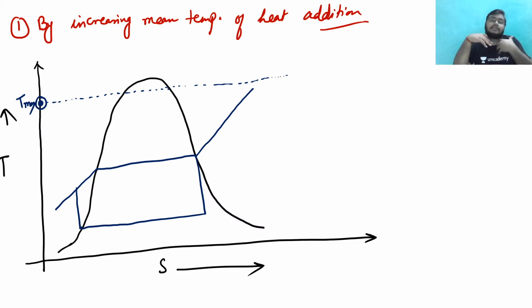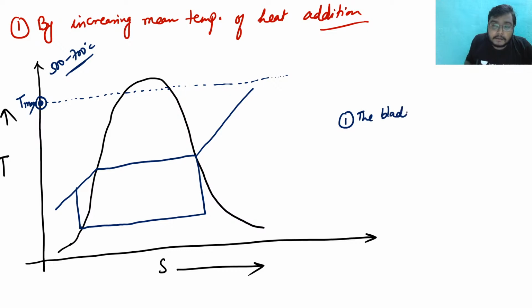Like I think that it should be 800 or it should be 1200. No, I cannot do it like that. So it is increased only up to nearly about 500 to 700 degrees Celsius. And why is this there? Because the most important reason is that the blades of the turbine may get damaged at higher temperature